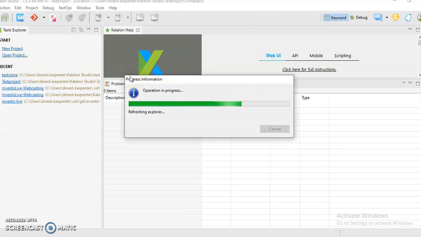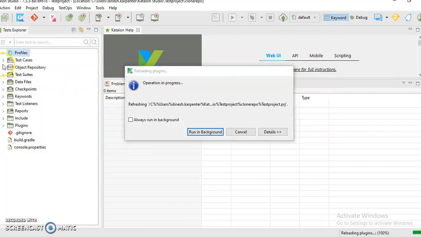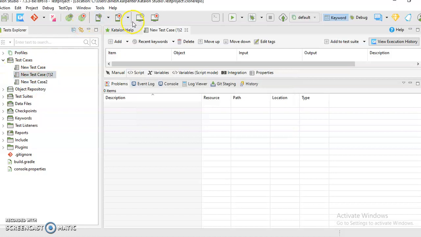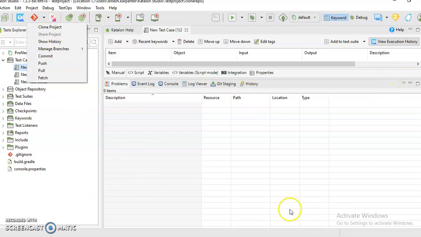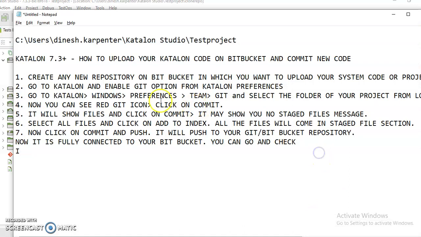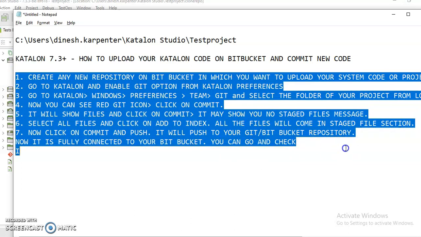And you can see it is generating, it is taking all the files from that. So it will be easy for all the members to work on the same project and commit changes if they are working on different modules. Now you can see that in my new project also I have the Git. So if I change there, I can also upload that. So I hope you guys can understand the process. I have written these steps, and I will also upload them with my video, so you can check from there.